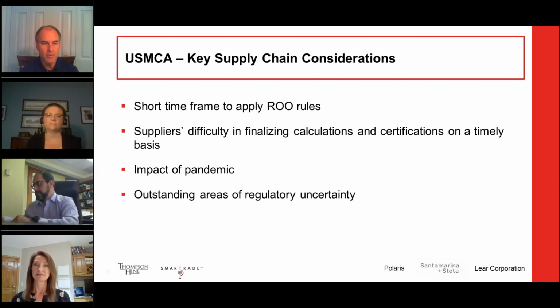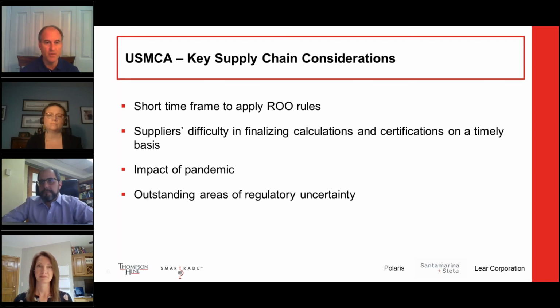But we have other inputs where there is a significant rule change, and the feedback from those is where those suppliers are in turn relying on their sub-suppliers to certify before they can issue a USMCA certificate. So the feedback we're getting is along the lines of, we're still trying to figure out the new rules. We're trying to do it in a hurry. Please be patient. And also, we need our supplier information in order to certify our product that we sell to you,